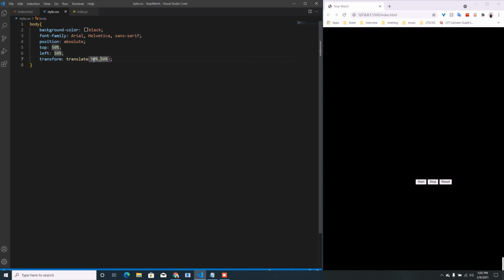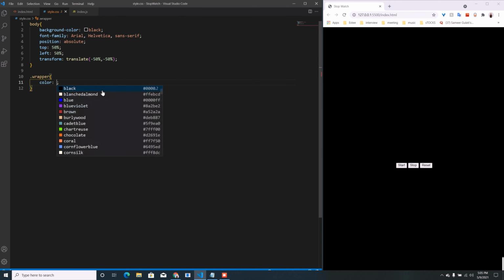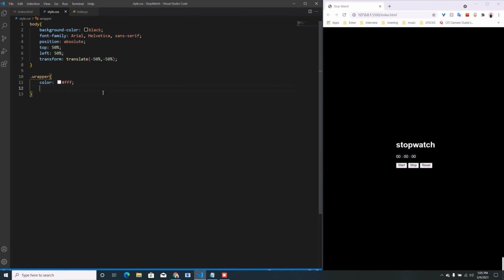Now for the wrapper class, choose color white, so all the things are visible, and text align center, and justify content center as well. Now everything is centered.